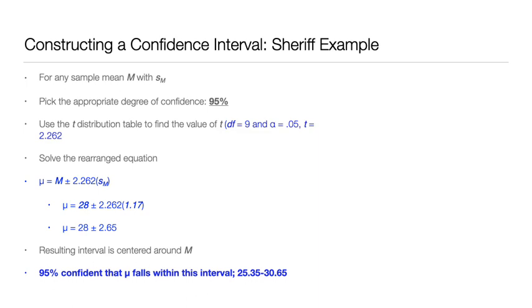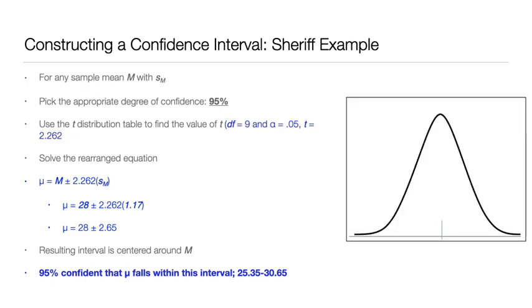But it could be that, again, the sheriff has made some improvements. And again, what this 95% confident is telling us is that somewhere between these two values in the middle is where that population mean is. We just don't know exactly where it is. But we're 95% confident it's somewhere between